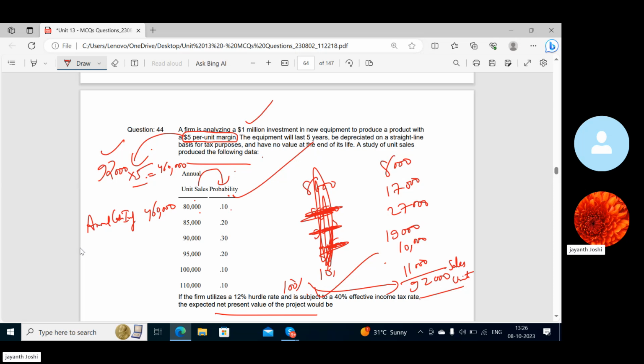We want after tax. This is the cash inflow, right? If we remove income taxes, we will be getting net income, correct? See, this is the revenue, correct? From revenue, are we having any other expenses here? No, sir, the only thing is there is a depreciation, for which we are going to take the depreciation tax shield, correct? Yes, sir. So now less income tax we are going to remove